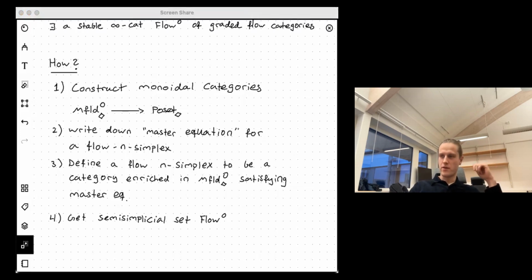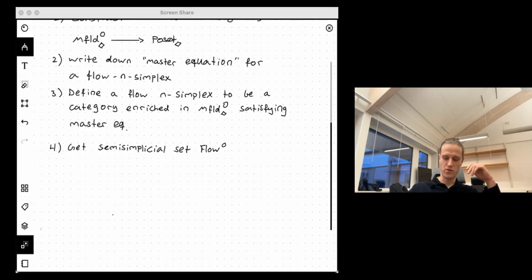Constructing the correct category of manifolds with corners that encodes the correct tangential structure requires writing down a lot of coherency and a lot of definitions, and it's a bit annoying. The definitions in Abouzaid-Blumberg get very large, but it's doable. And then you have to be kind of clever to write down these master equations for the flow simplex. But what you can do is take the normal n simplex and consider